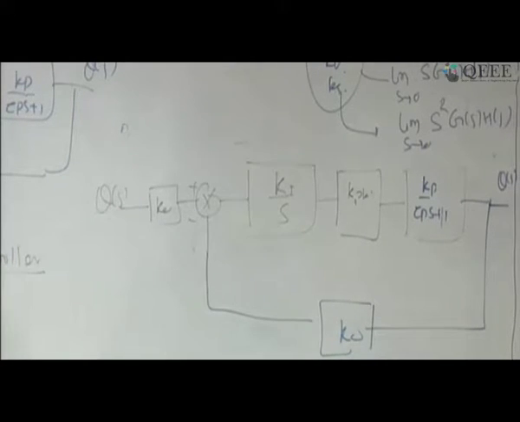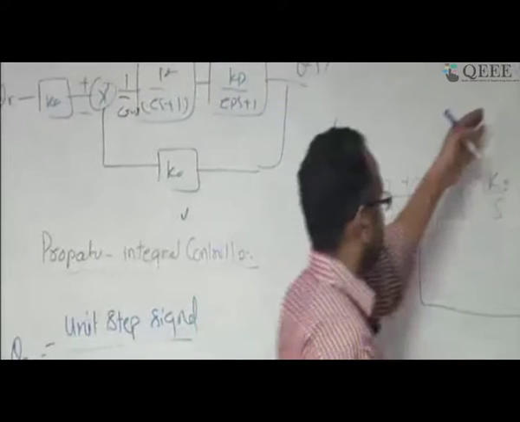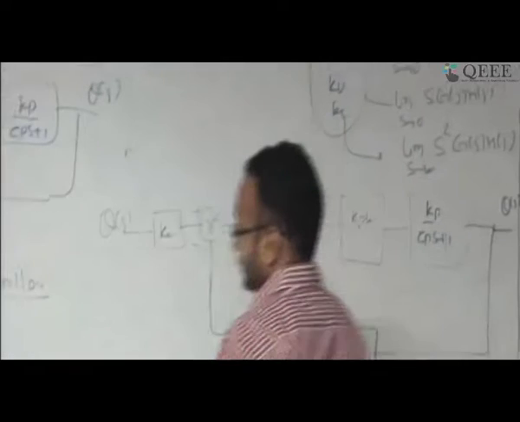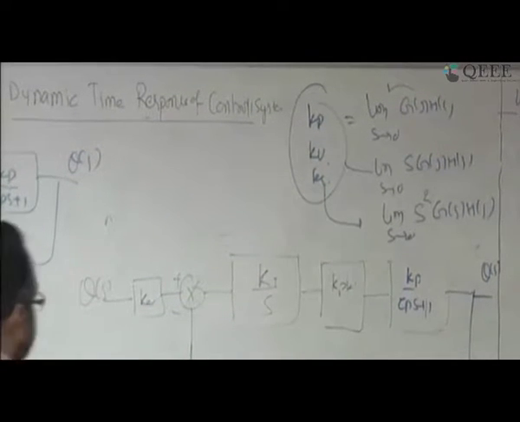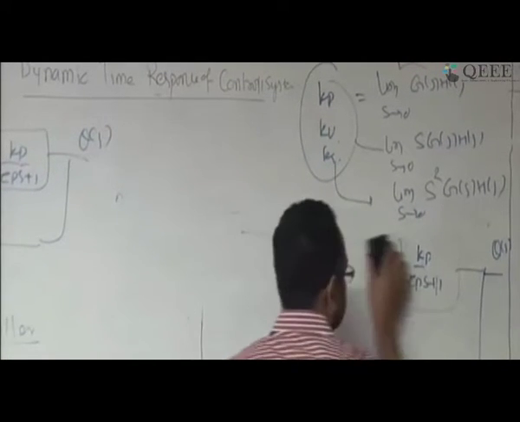Okay. Now what is the loss? You studied the advantage. You got the steady state value 1 for the unit step, and we are happy. But what is the loss? To understand the loss,